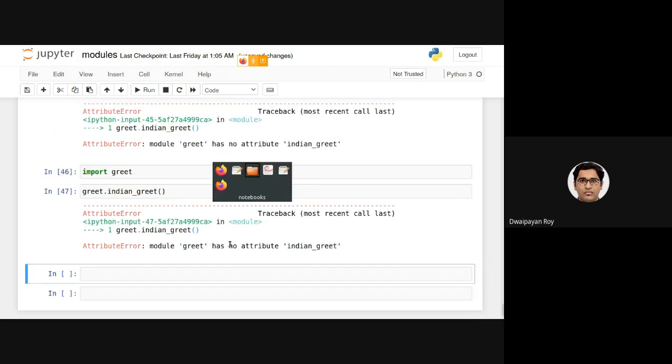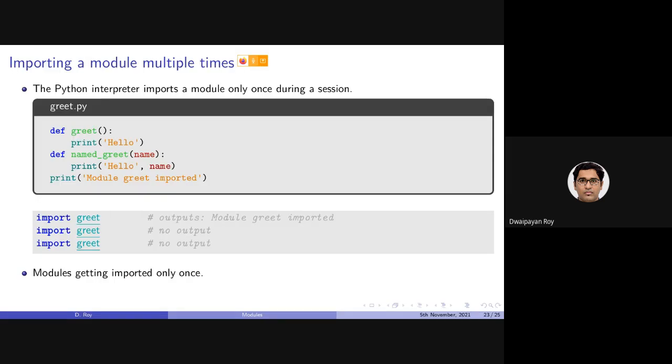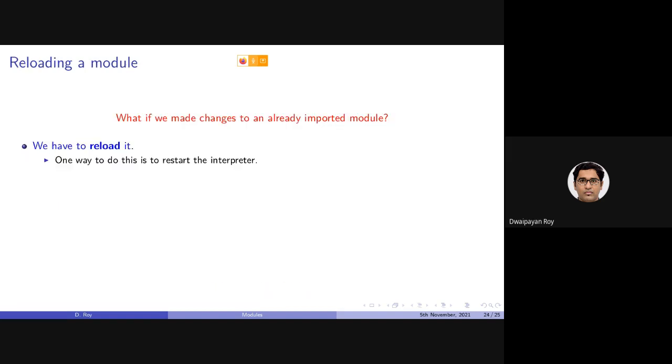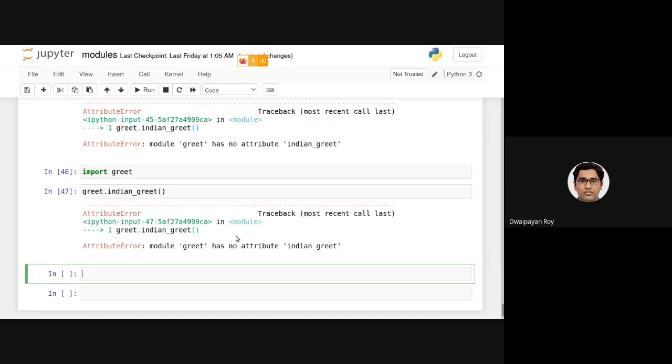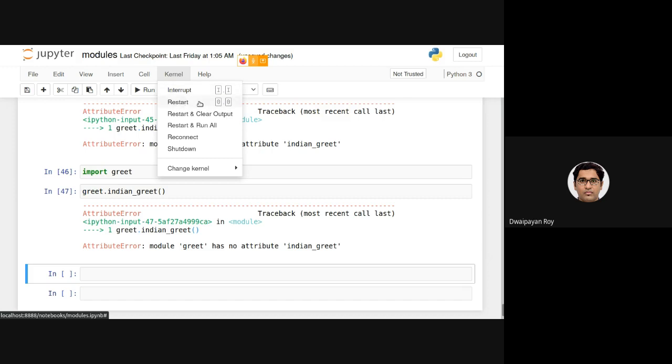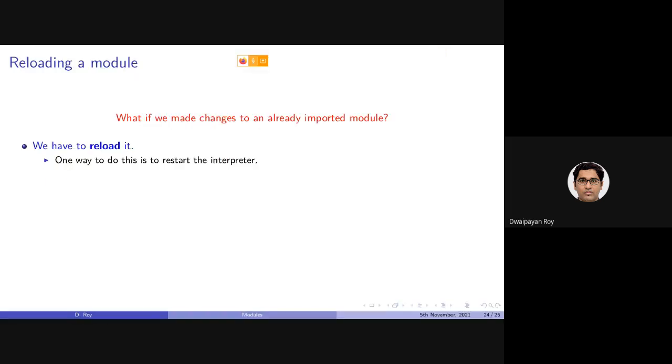So after importing a module, if you change the module, there are certain ways to reload that module. The basic way of doing it is to restart the interpreter from the beginning. So if we just restart and then import greet, it will work. But that's not actually a good solution.